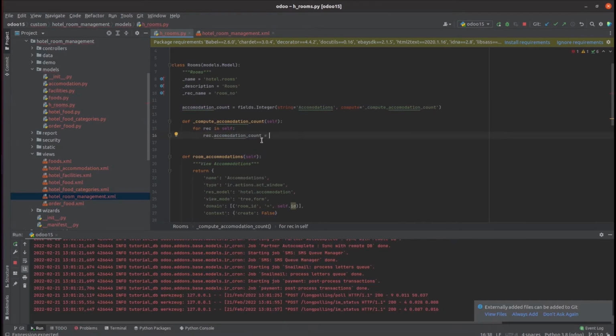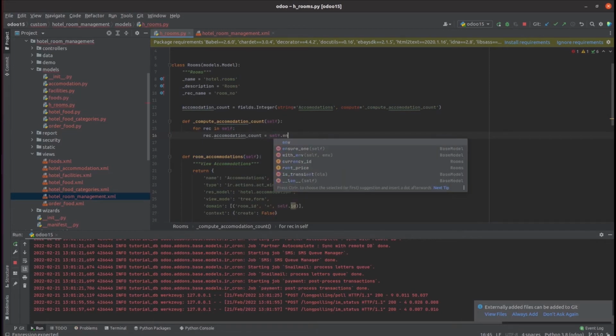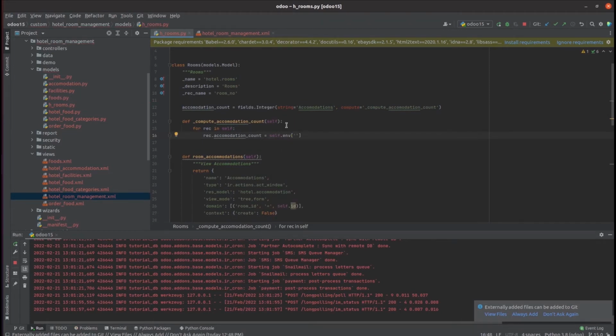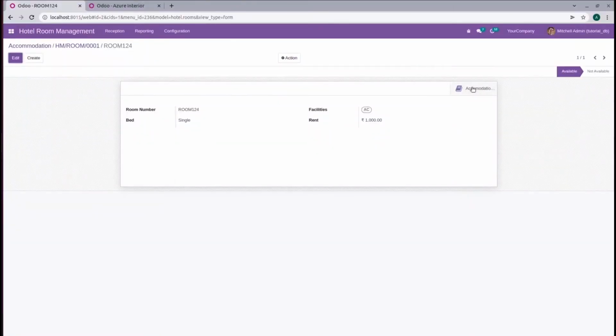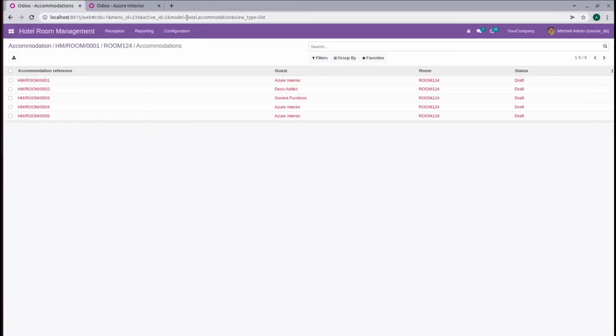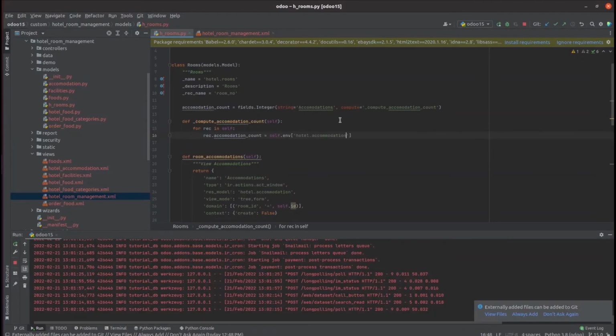Now let's assign the value for the new field, rec.accommodation_count, equal to, here we can use the search count function. Search count function will return the number of records satisfying the particular domain. Now let's write self.env, the model which is hotel.accommodation, dot search_count, and here we can specify the domain.